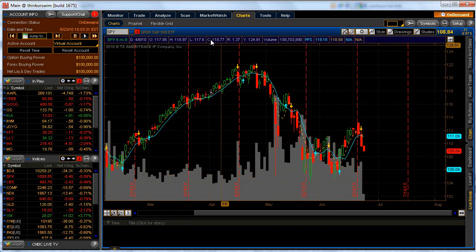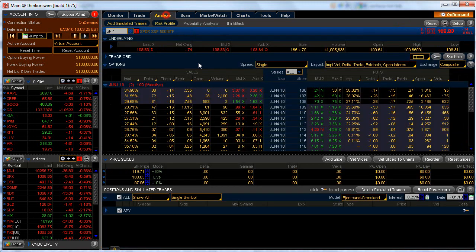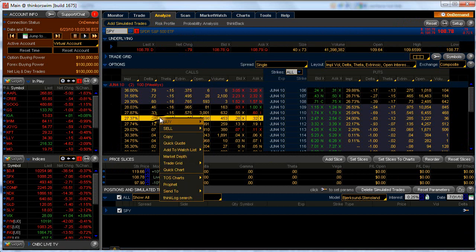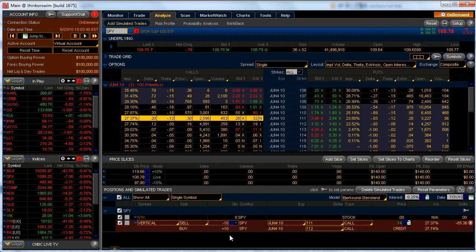And if you think about it, you're only going to be in this trade for 3 days. So let's go back and take actually 2 days according to this: today, tomorrow, and Friday. So let's go ahead and take a look at this 111, and we want to sell a vertical. And you can see that immediately it comes up with a